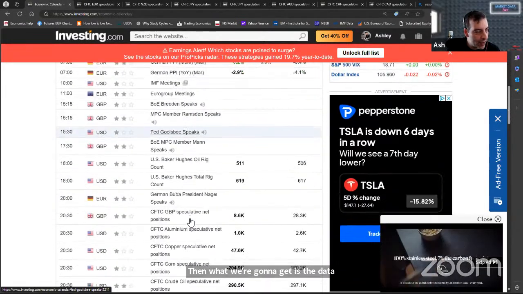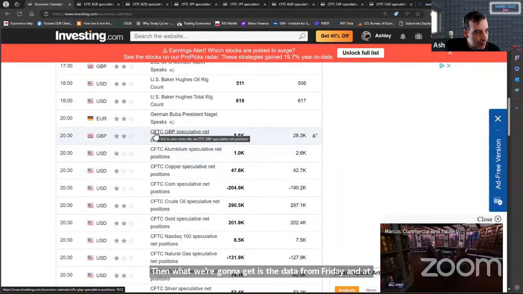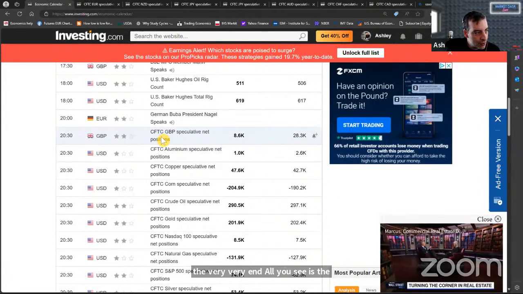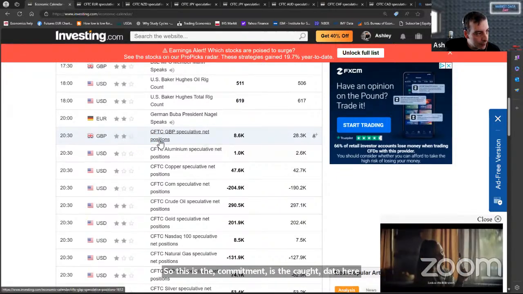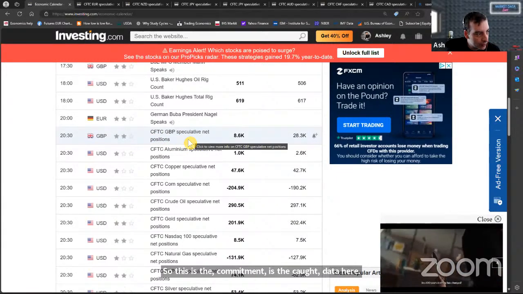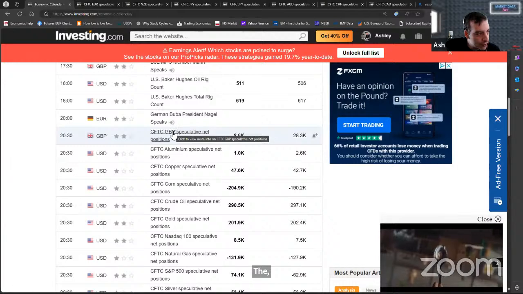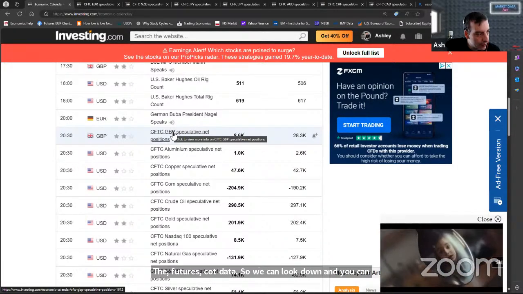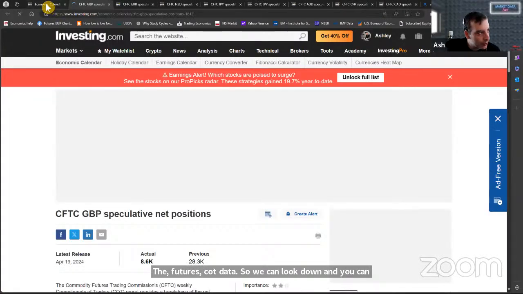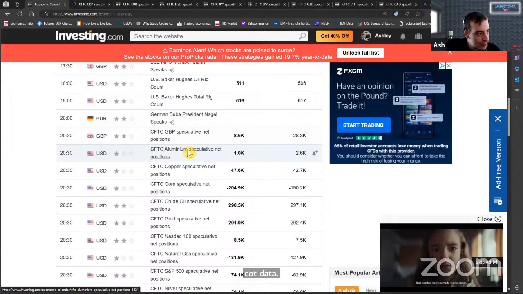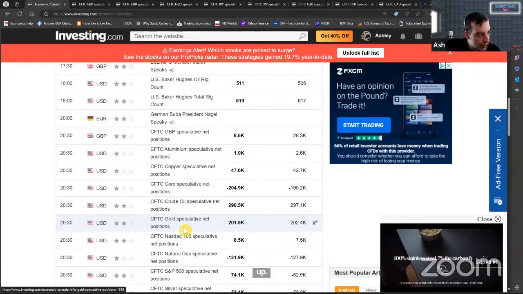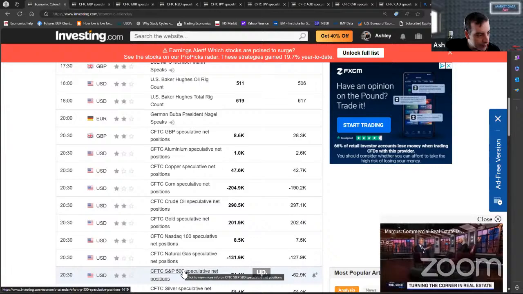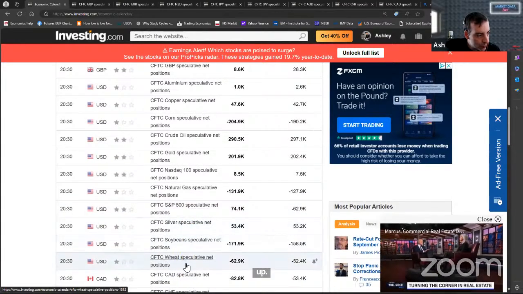And at the very end, what you'll see is this CFTC. So this is the commitment of traders, this is the COT data here. The futures COT data. So we can look down and you can see that there's the pound. Actually, I haven't got the pound, so we'll bring that up. There's the pound, there's aluminium, there's copper, corn, crude, gold, the NASDAQ, natural gas, the S&P, silver, soybeans, wheat, and